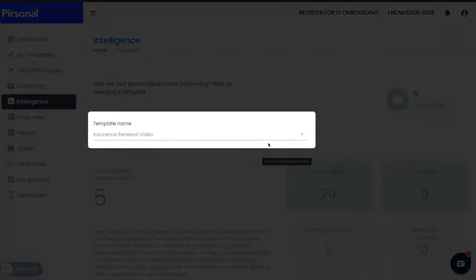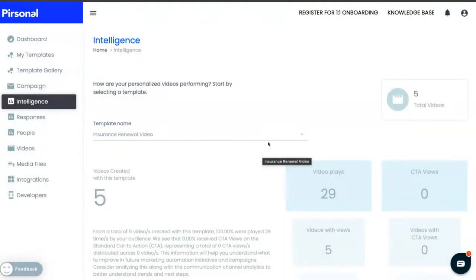Intelligence provides personalized video analytics for each template. If you want to track a specific campaign, you can create a template for it. That's the easiest approach, in my view at least. You can print this document right from your browser, and sometimes I save it as a PDF, for example,